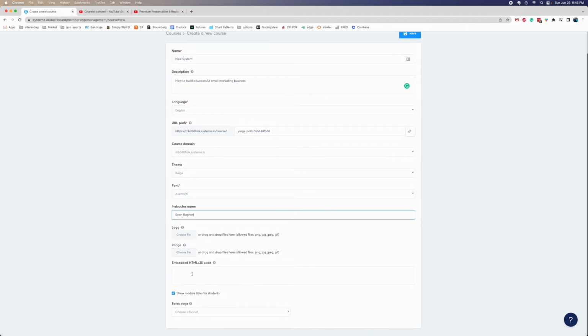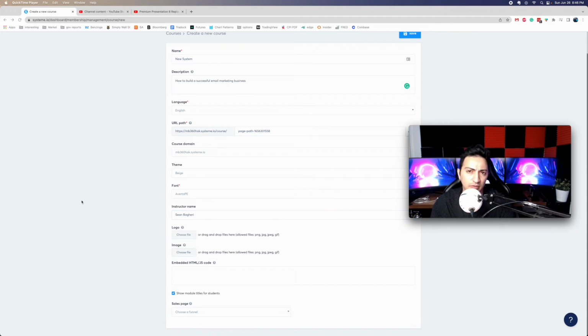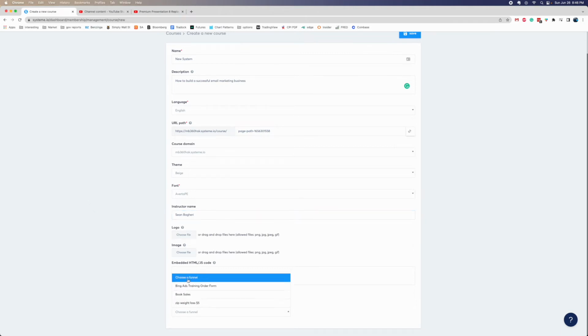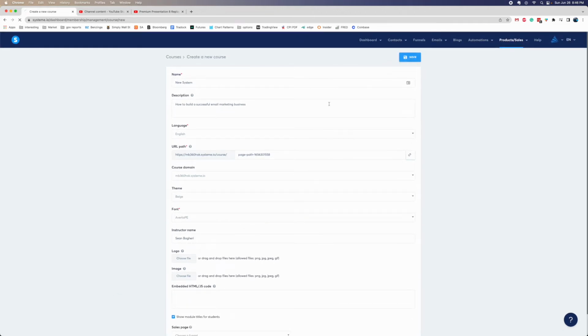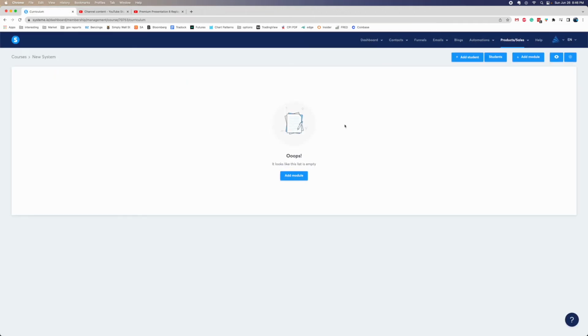If you want to add a JavaScript or, you know, HTML, this is usually more for tracking. You know, if you have a Google script, or like if you have a retargeting script or advertising script you want to add, you can do that. So sales page, you can actually add the sales page. I don't recommend doing that right now. I'll show you why. So I'm just gonna save this right here, and let's go ahead and look at the